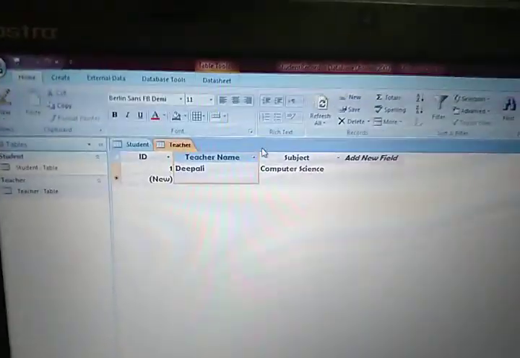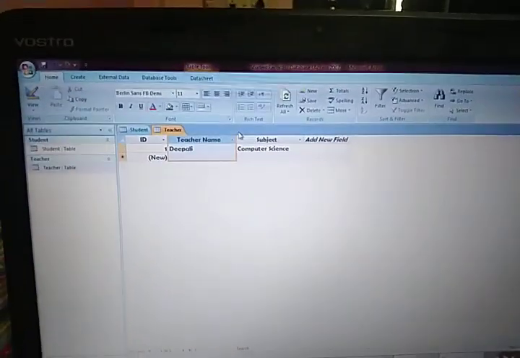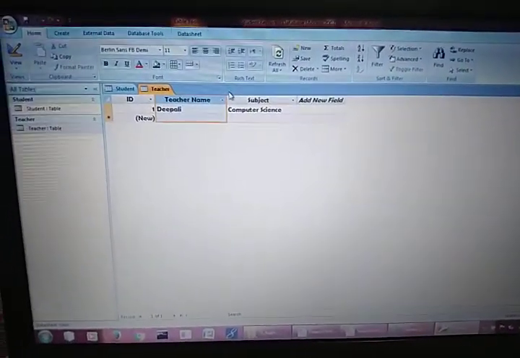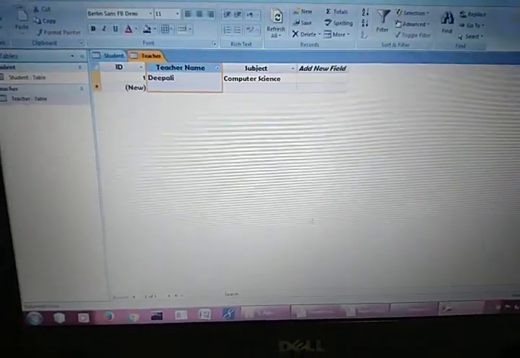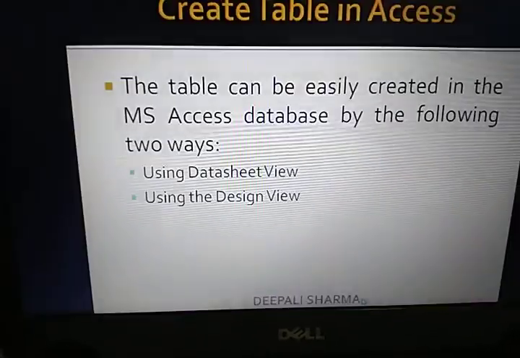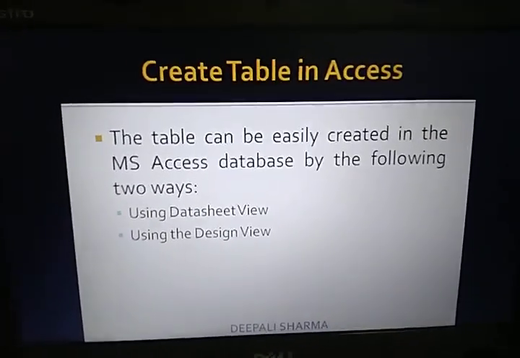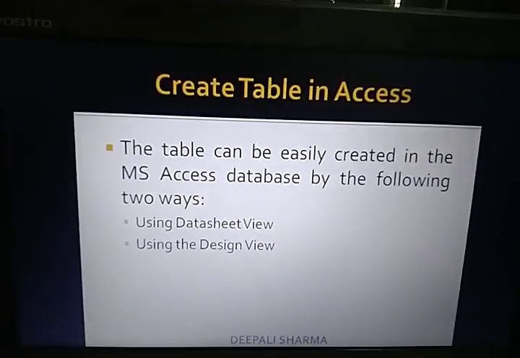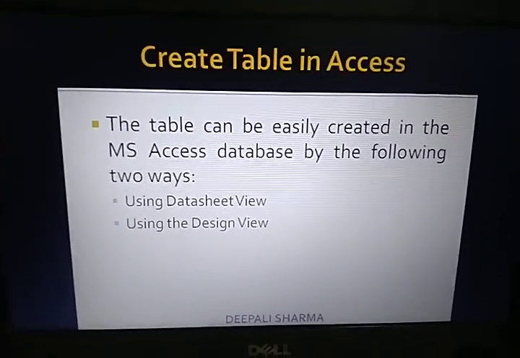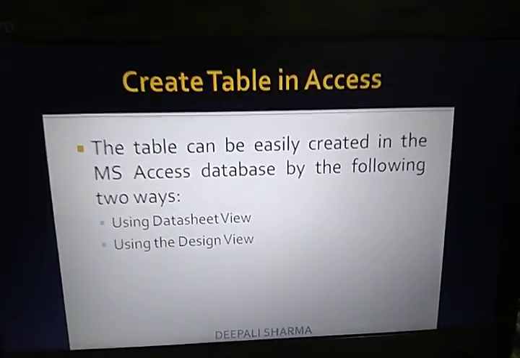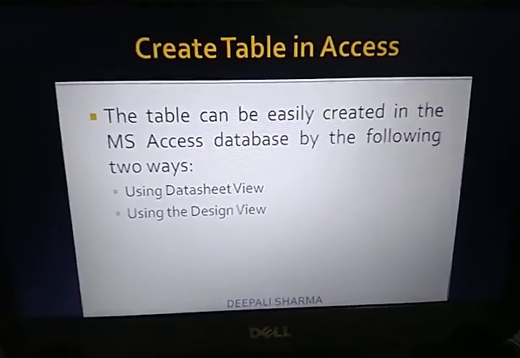Okay, so I hope this particular session is clear to you: what is MS Access, what are the components of MS Access, how we can create tables in MS Access. So again, I am just going back to my PowerPoint presentation. Fine. So how to create a table in MS Access by using data sheet view and by using the design view is clear to you, and how to save your particular tables, what are data types and what is the use of different data types. This particular thing we have also covered in this particular slide.